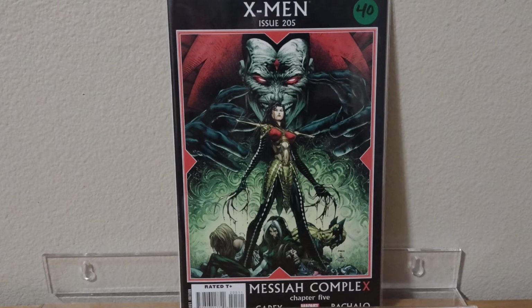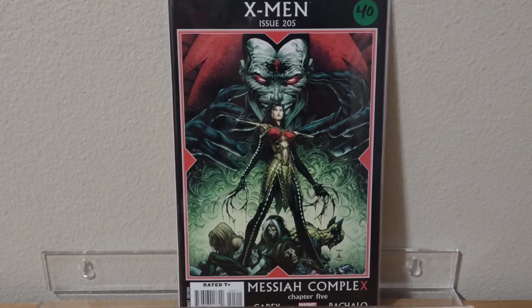So the first one I'm going to talk about, I have a really nice high grade copy of X-Men 205 in front of me. Now this book is nearly flawless. There's a little bit of barely visible blunting, and that's it. It's a really nice copy. Awesome book. Now, people online, and you can find this on eBay and other websites,